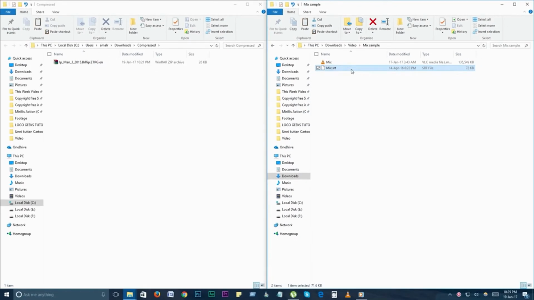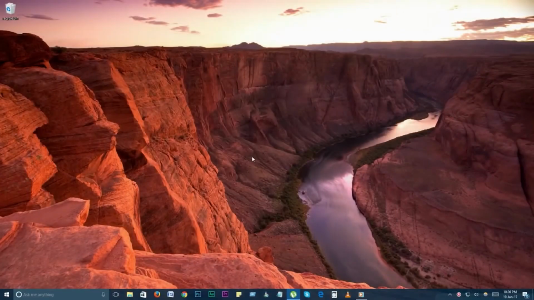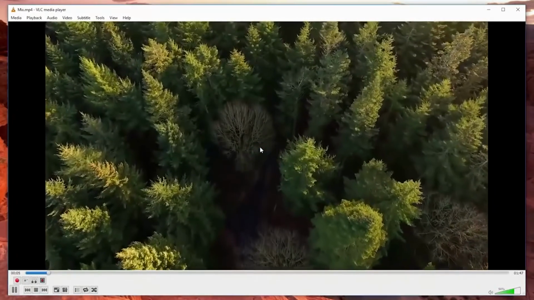So it's time for the final one. Number 12. Adjust playback speed. This feature is incredibly useful when you're watching a media file, primarily content such as podcasts, audiobooks, recorded lectures, etc. To start, press the close square bracket